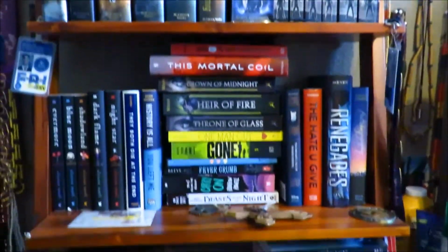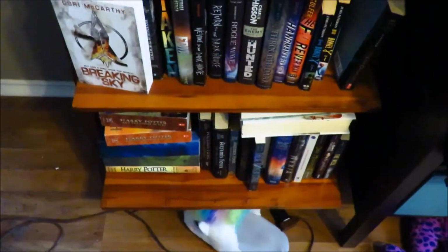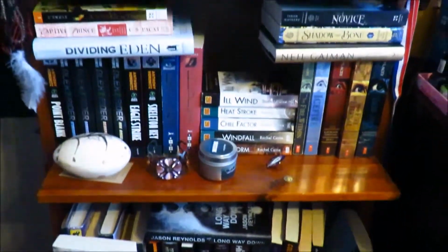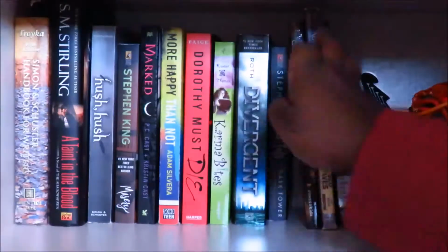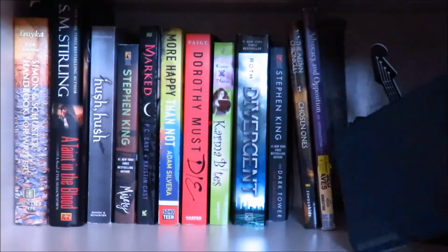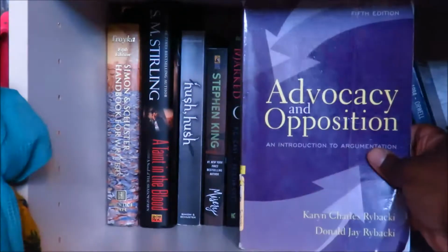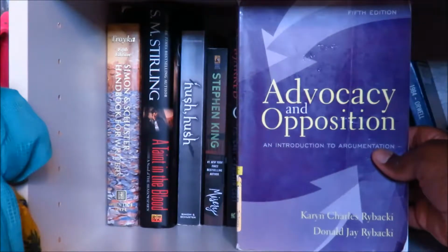And that is all the books that I have here on my shelf. And now moving over to the books in my closet. Because as you can see, this area is full. Okay, so starting from over here, 1984 by George Orwell, Advocacy and Opposition, An Introduction to Argumentation by Karen Charles Rybacki